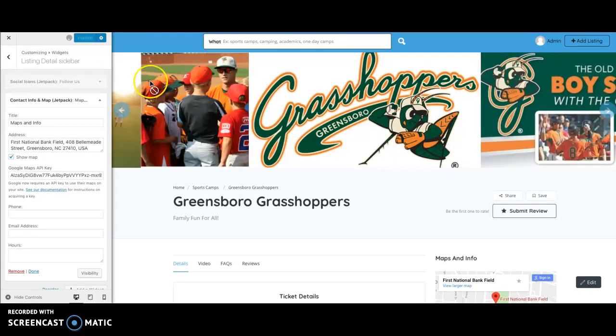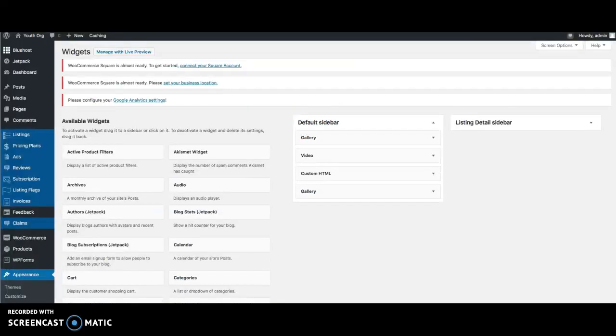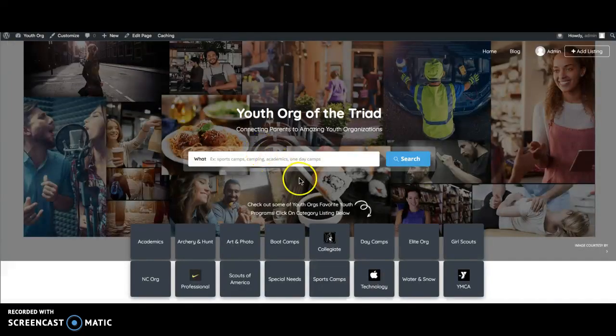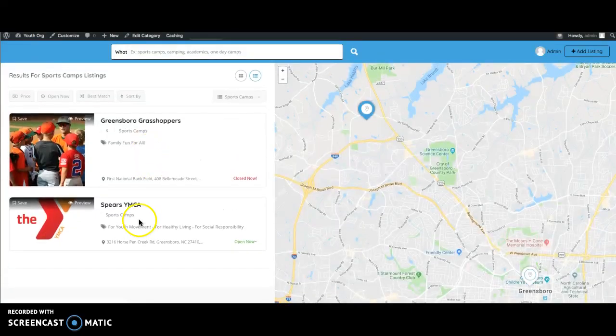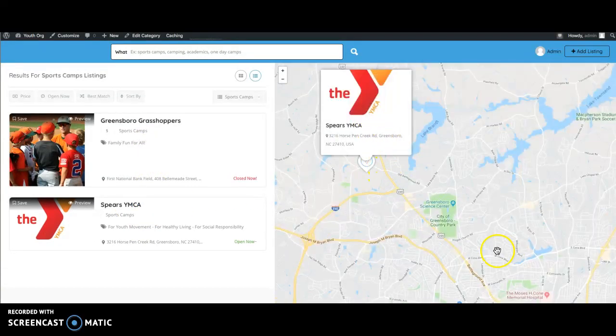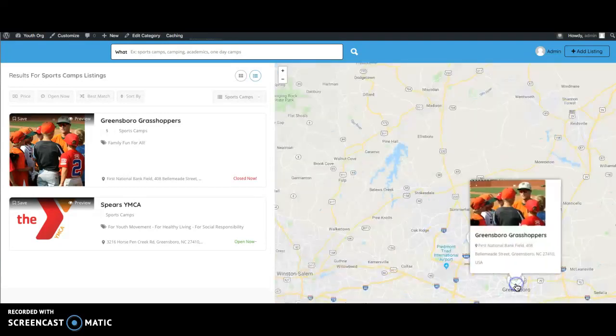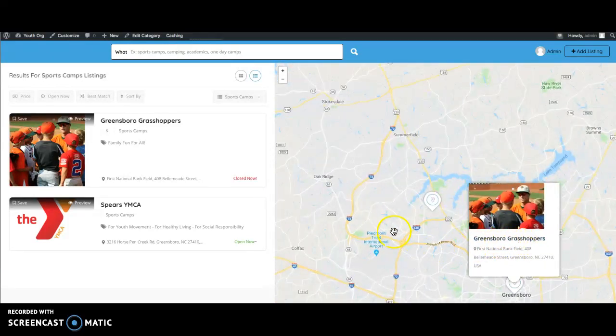But when I go back, let me make sure that was published again, sorry. But when I go back to get back on the site, go back to sports camps, and now I click on, again, you can still see how they're separated. There's the YMCA with their address. There's Greensboro Grasshoppers with their address. But when I click on Spears listing,